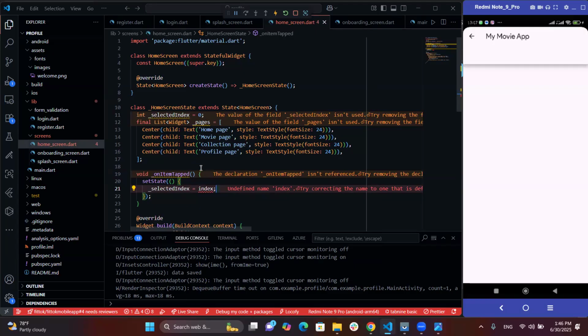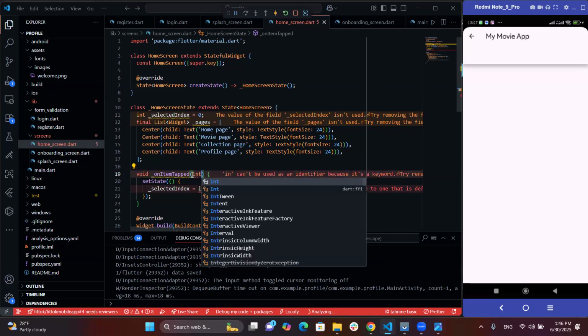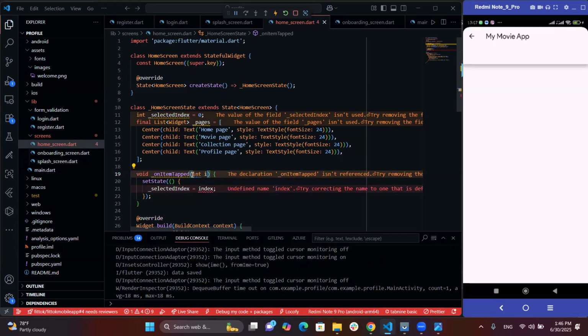Let's see. Okay, I need to bring in the parameters int index. So if we have this,